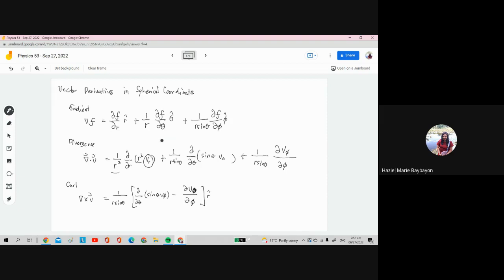So this is the radial component, plus 1 over r multiplied by this quantity. You have 1 over sine theta, the derivative of v sub r over d phi minus,